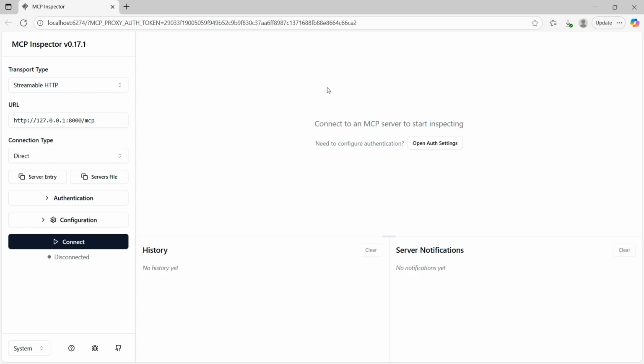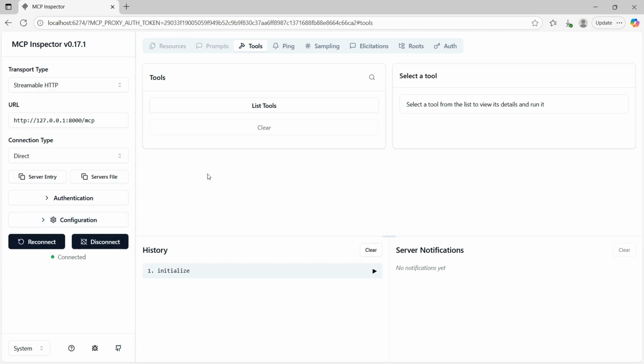So here I have already configured it earlier. If you remember, we have installed our MCP server for streamable HTTP on 8000, right? So this is the URL for it. The transport type that I have chosen is streamable HTTP. It could be based on your MCP server transport type. It supports all the three, and the connection type could be a proxy or direct. Let's choose direct, right? And then if you connect it, it will provide you the different options to